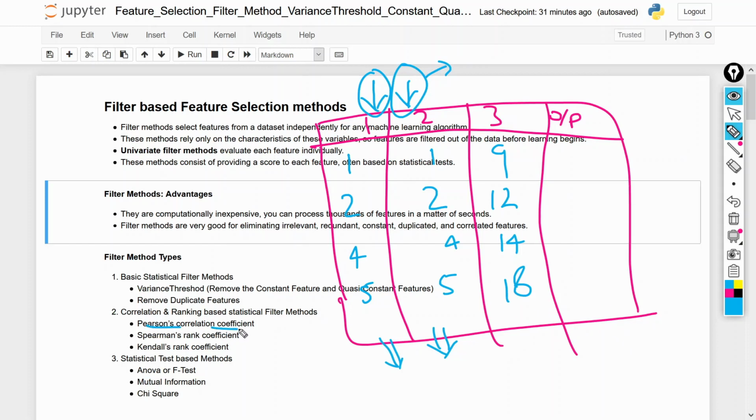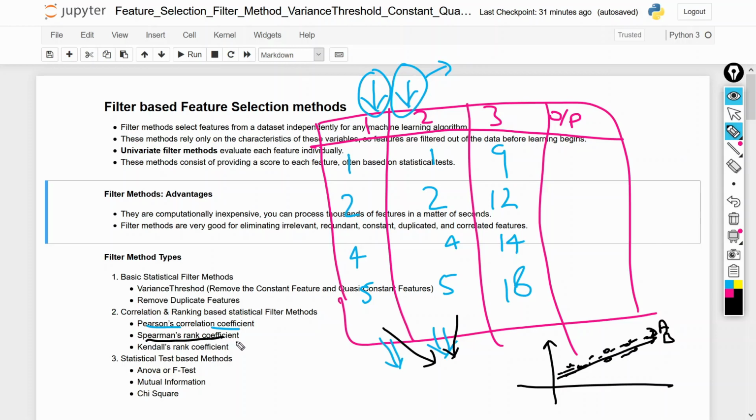And Pearson correlation coefficient, it means in the same example, if I say this and this both have the same correlation, if I plot this, let this and this both have the same direction of the data points. It means feature A and feature B are correlated to each other. So we remove 1 feature in our data set.